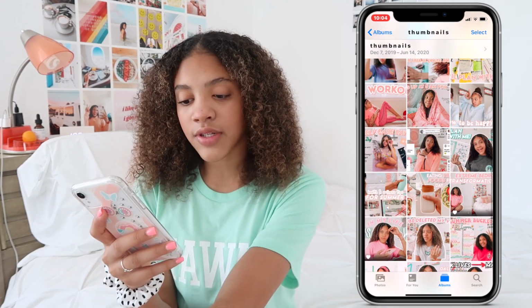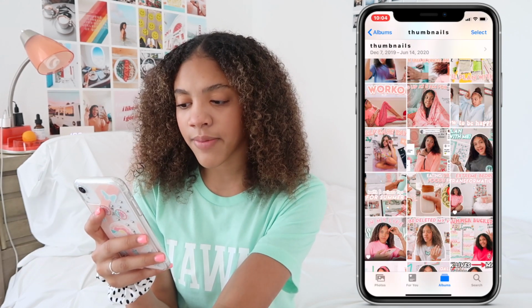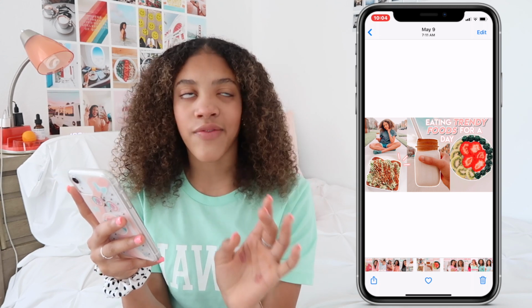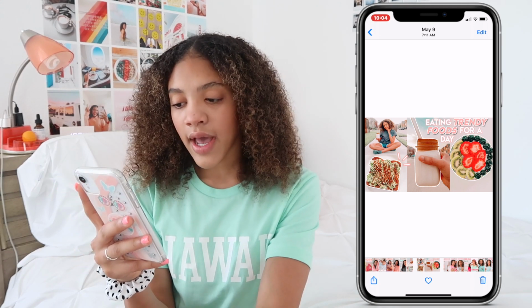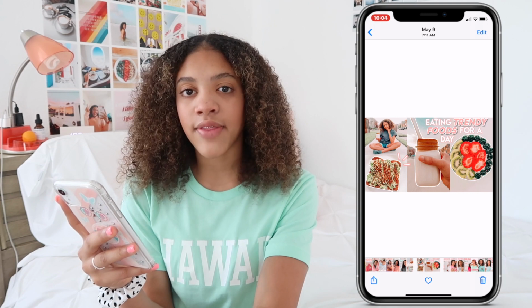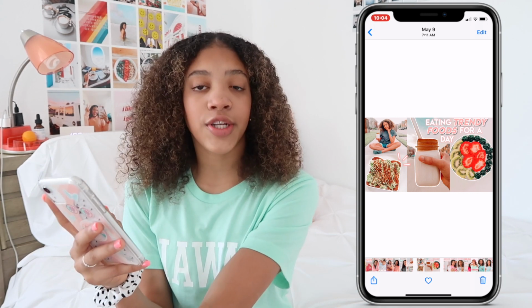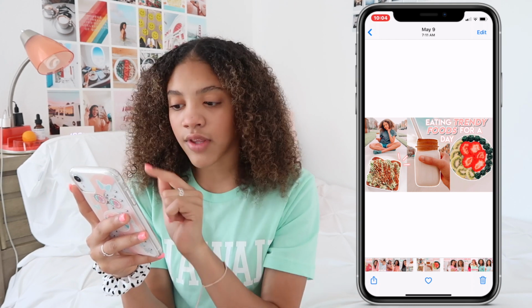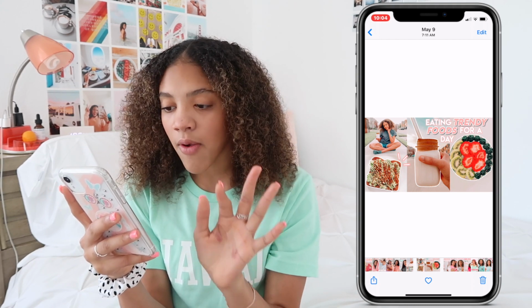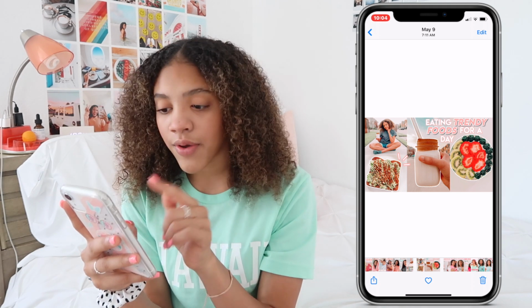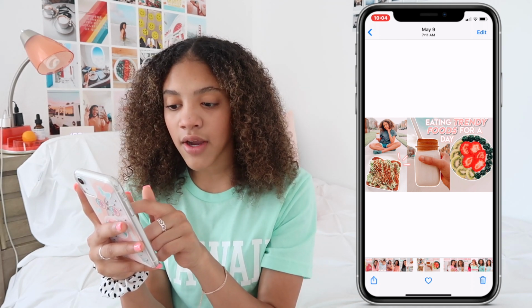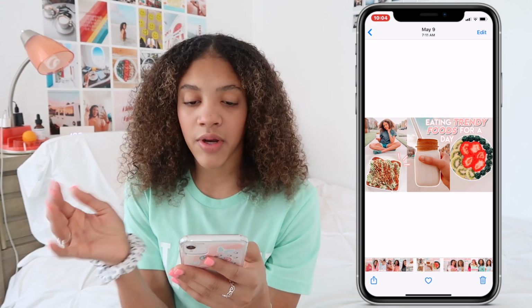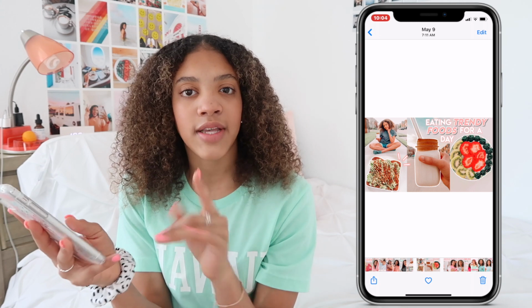So I'm just going to show you all some of my thumbnails and talk through them a little bit. For this one, as you can see, it has a bunch of stuff going on, but I love this thumbnail so much. So I edited all the pictures in Lightroom, and then I created a collage in Moldiv. Then I went into Procreate and traced all of the little food items that I have in here. Then I went to Fonto, and that's where I added this text up here and the 3 little lines, and I saved it to my camera roll, put it in my thumbnail album, and that was how I did this